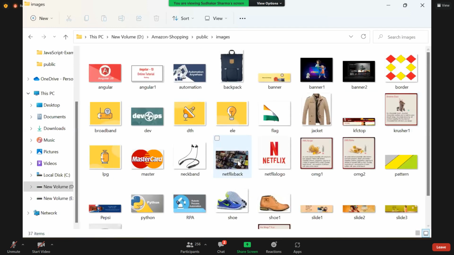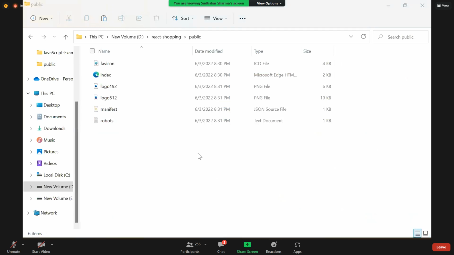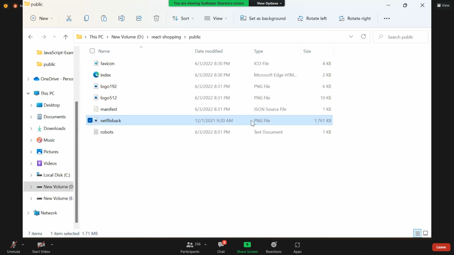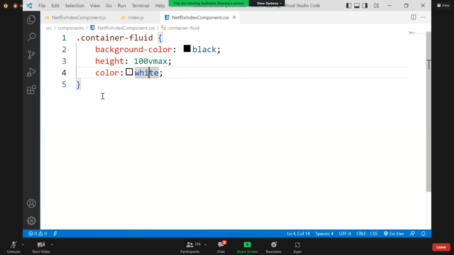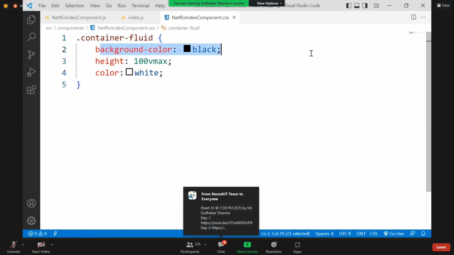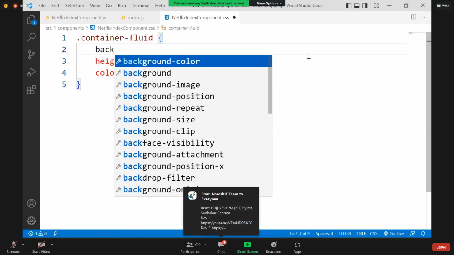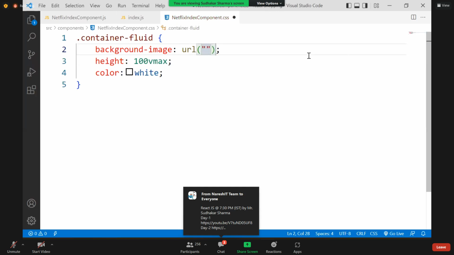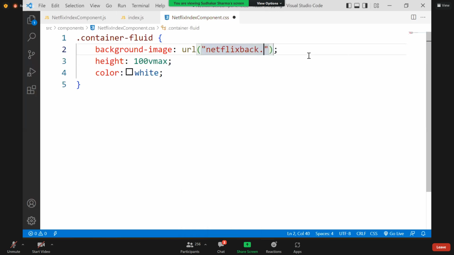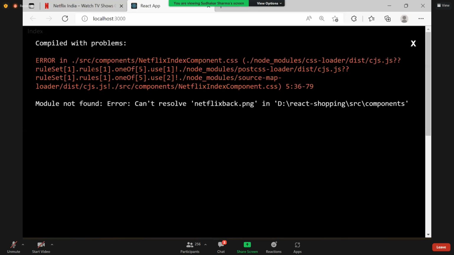I have this Netflix back image, which is actually a PNG file. I copied it into the public folder, right? And here I am just defining, suppose instead of background color, I am trying to use background image URL. It is Netflix back.png. I'm using background image Netflix back PNG. That means you see it has some issues,